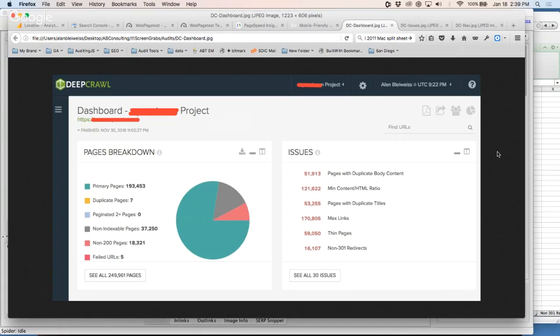And a caveat to that too: if I'm auditing a 5 million page site for the strategic audit, I don't always need to look at 5 million pages, like I said before, right? But I still want to crawl 200,000 URLs so I can get enough pattern identification. DeepCrawl is great for that. And this is the dashboard, and it's going to point out the issues that the system finds right away. And the reason for that, Alan, isn't because you don't think there are necessarily problems with all those pages. It's more because once you start seeing a certain pattern, you can pretty much assume that the other ones are going to follow similar standards, right?